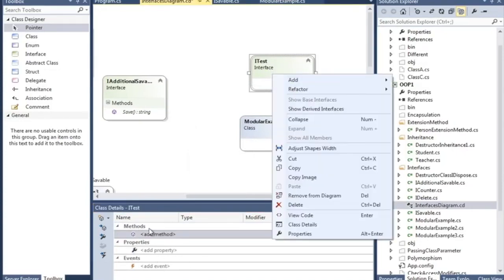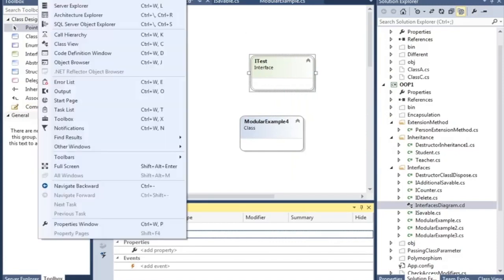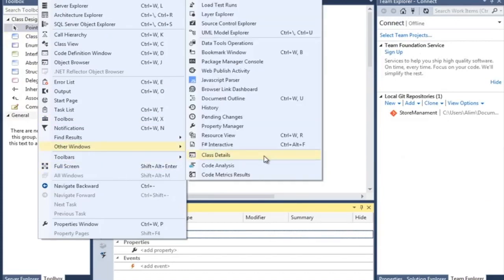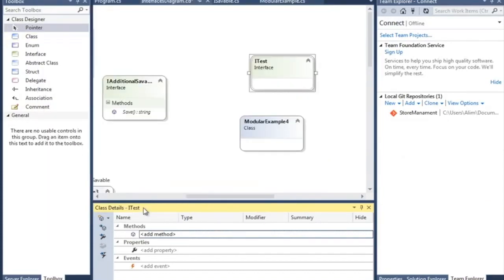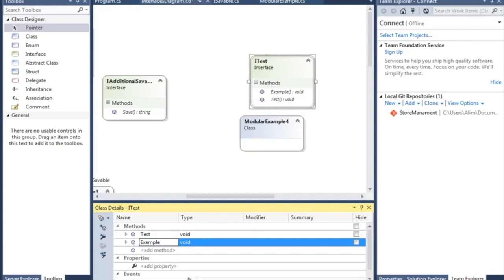If you don't see the details option here, go to View, then Other Windows, then Class Details. You'll see this docked toolbox where you can write the methods you want to implement. Let's say Test and Example, 2 methods, and you can change the types from here.